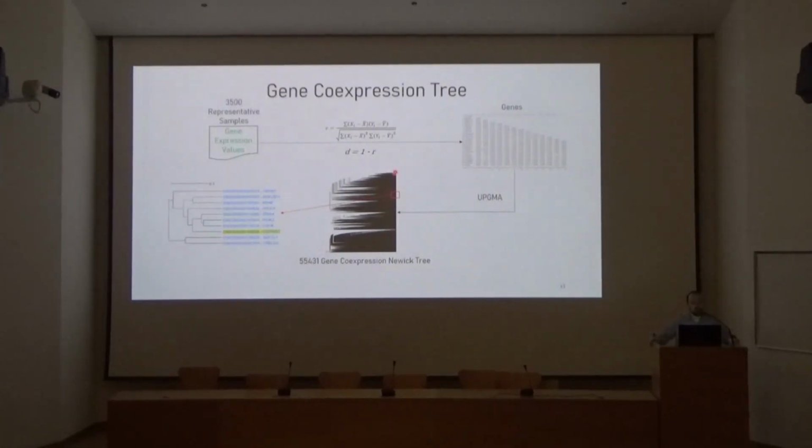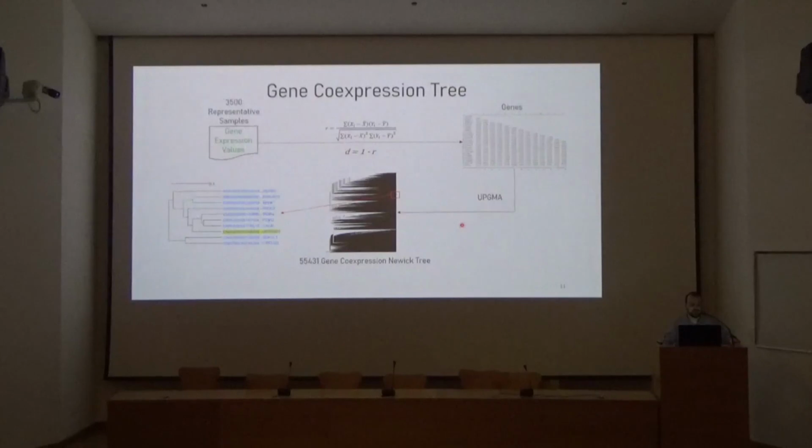So we compare the expression values of the gene in all samples versus another gene in all samples, and we get another Pearson correlation value for each pair of genes, which we also transform to a distance value. Thus, we result in a distance matrix between each of the genes, and this is also used as input to the UPGMA algorithm, resulting in the